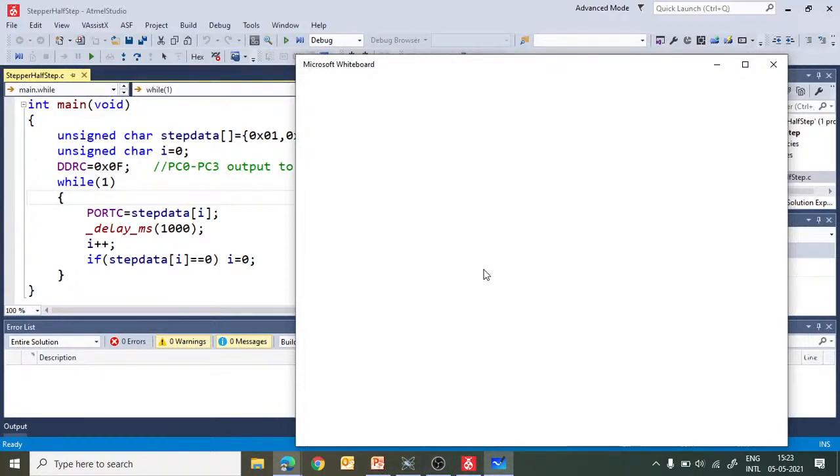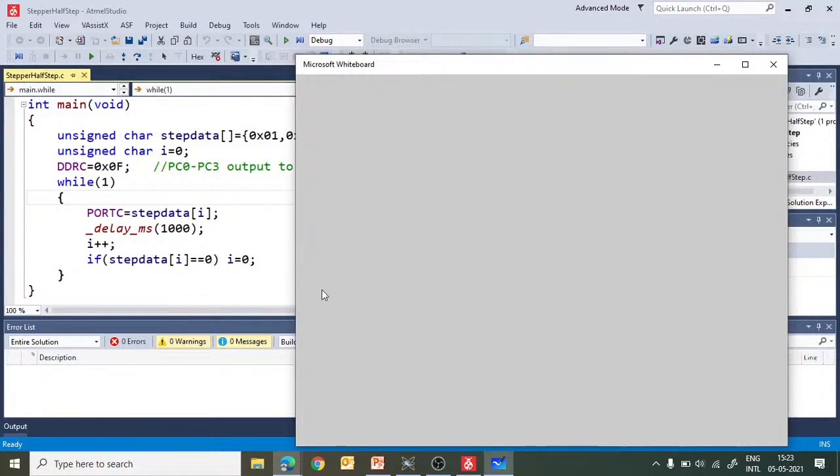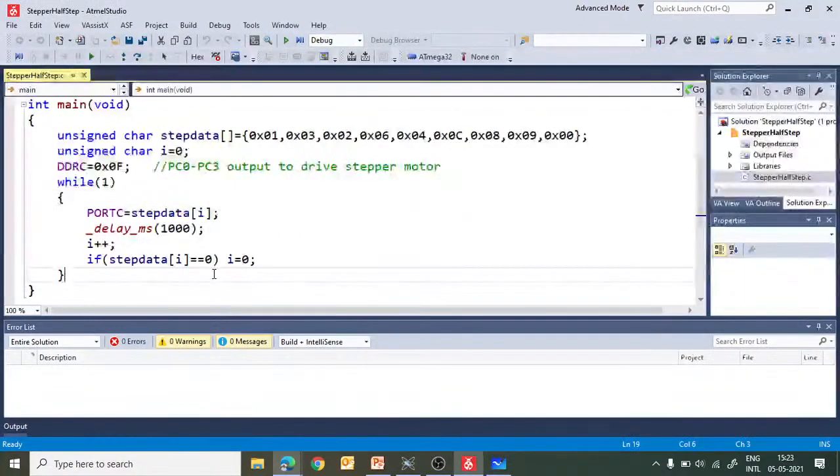Okay, before the whiteboard begins, let me explain this program for full step mode. This is the program which is useful to drive the motor in full step mode. As we have seen last time, to drive the motor in full step mode we have to send 4 sequences, that is 1, 2, 4 and 8.